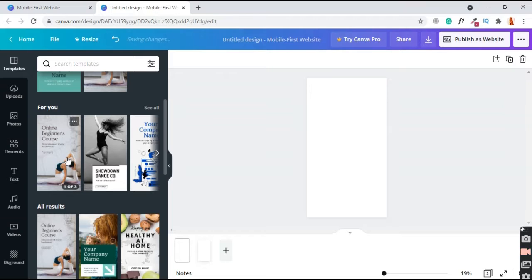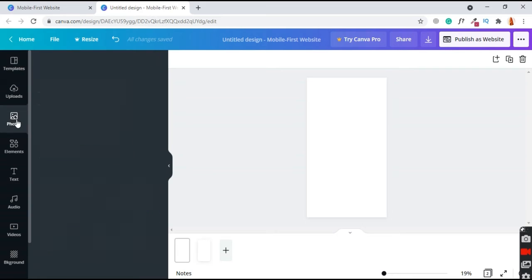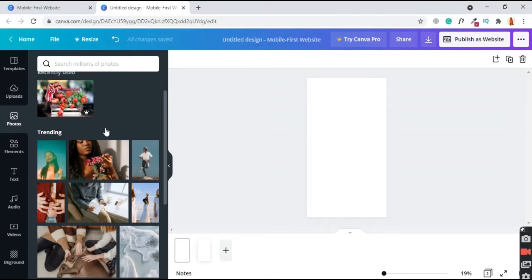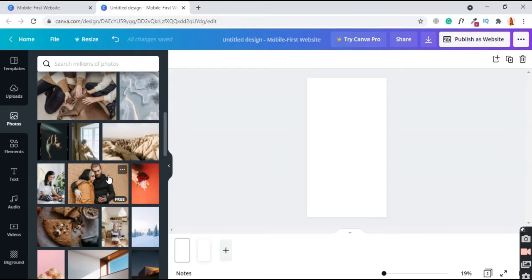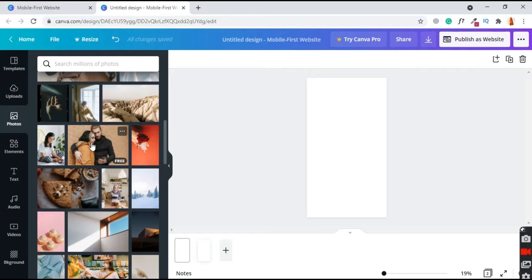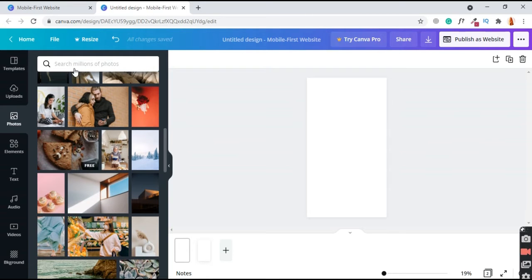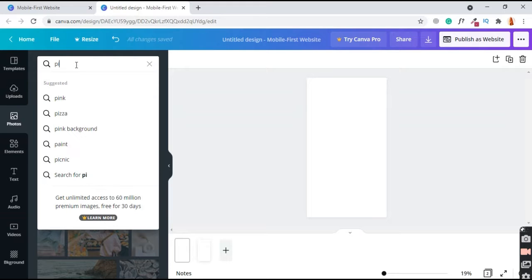Okay, so we add some photos. Just click on it. Here are a lot of images. Okay, let's create a pizza store. So let's find pizza.